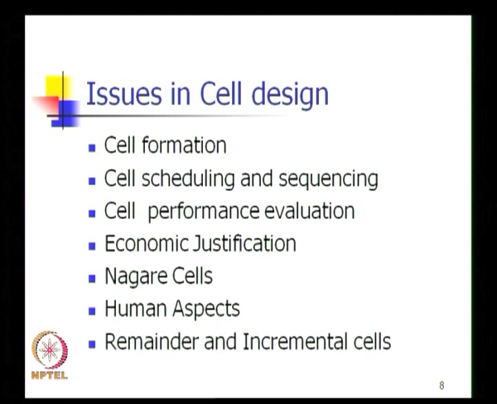Now, to answer the first question of how does one do cell formation, there are several ways by which one can do cell formation. There are three very popular ways of doing it in practice. In theory, there are several algorithms to do that. In a book called Automation, Production Control by Mikell Groover, he talks about three ways of forming cells from a practical perspective. The first one is called visual inspection,